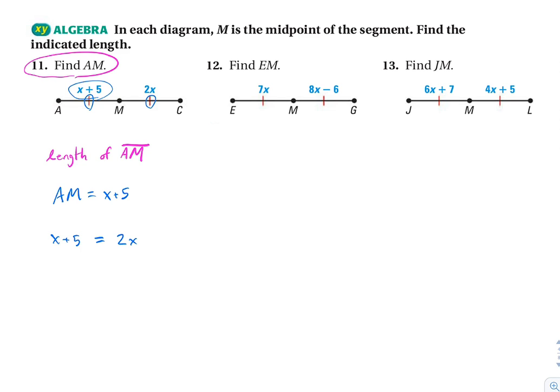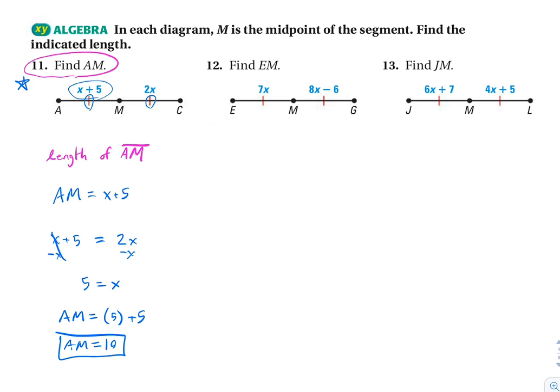That first step is geometry, and now the rest of the problem is algebra, right? I had to interpret the question in the picture, and now that I've set up that relationship, the rest of the problem is algebra. So let's move all the x's to one side. We get 5 equals x. Is that what the question was asking? No. AM is x plus 5, so AM is equal to 5 plus 5, so the length of AM is